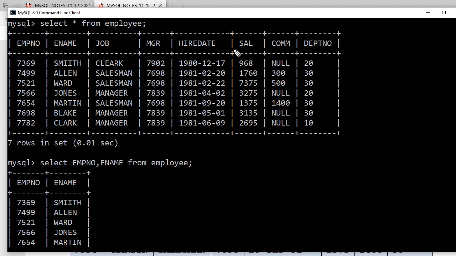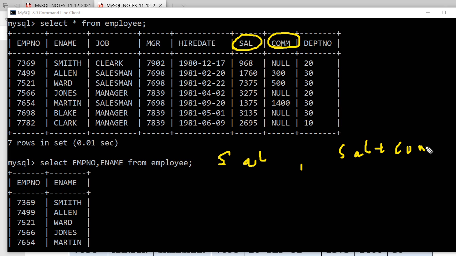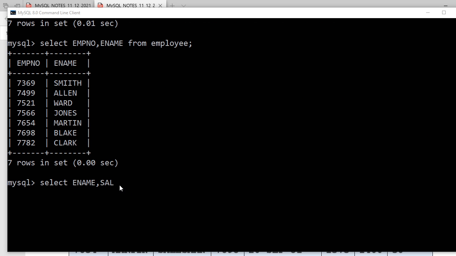So print salary, this salary, and salary with commission. What's the meaning of this one? That in one column only salary will be there, and in another column salary plus commission will be there. Salary with commission. Have you understood? With means you have to add there. So I'm going to write here salary.